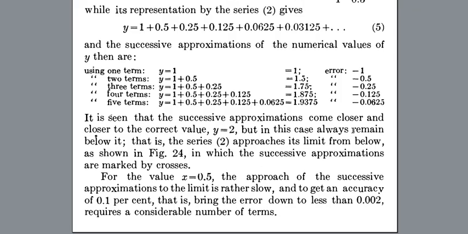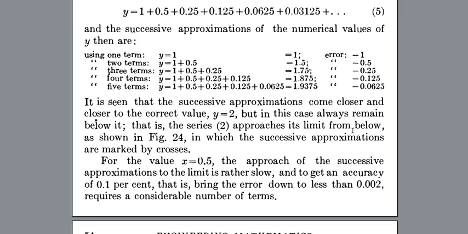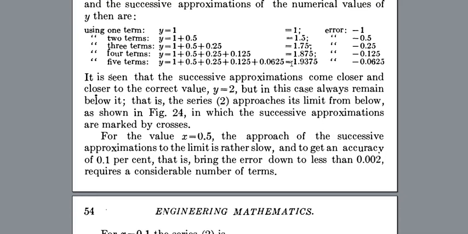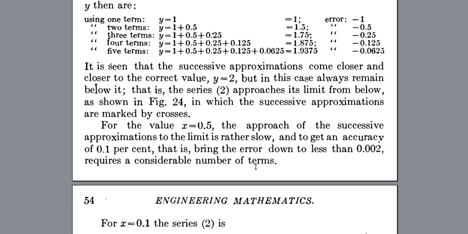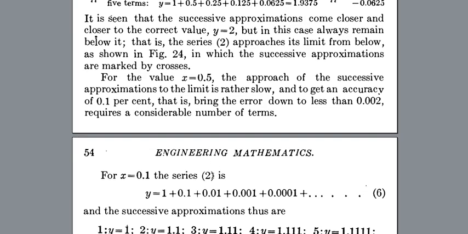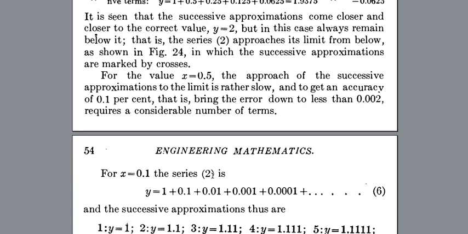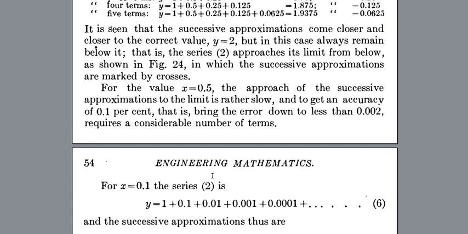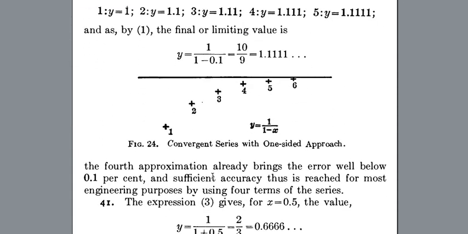Using five terms, y equals 1 plus 0.5 plus 0.25 plus 0.125 plus 0.0625, which equals 1.9375, and the error is negative 0.0625. It is seen that the successive approximations come closer and closer to the correct value, y equals 2, but in this case always remain below it. That is, the series 2 approaches its limit from below, as shown in figure 24, in which the successive approximations